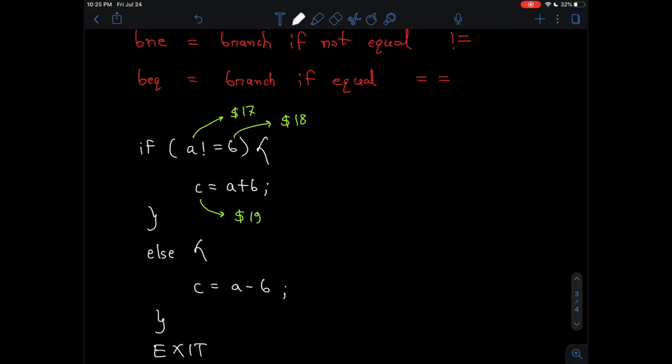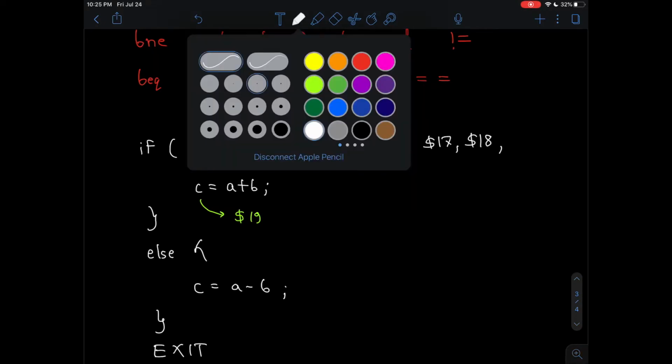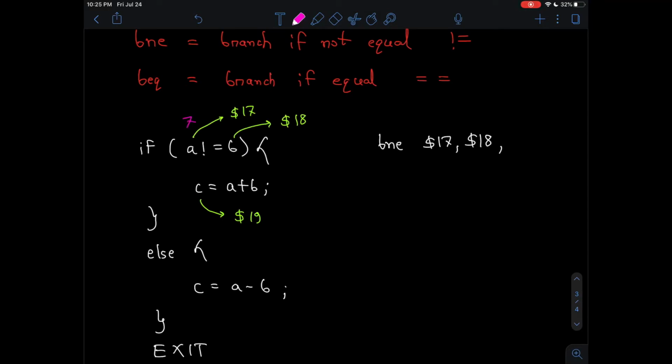So my first instruction should be a branch instruction, since I have to check two registers. So let's write BNE $17, $18. So I'm checking the contents of $17 and $18. And now tell me that if you have 7 here and 8 here, if these two numbers are equal, what should you do? You should enter